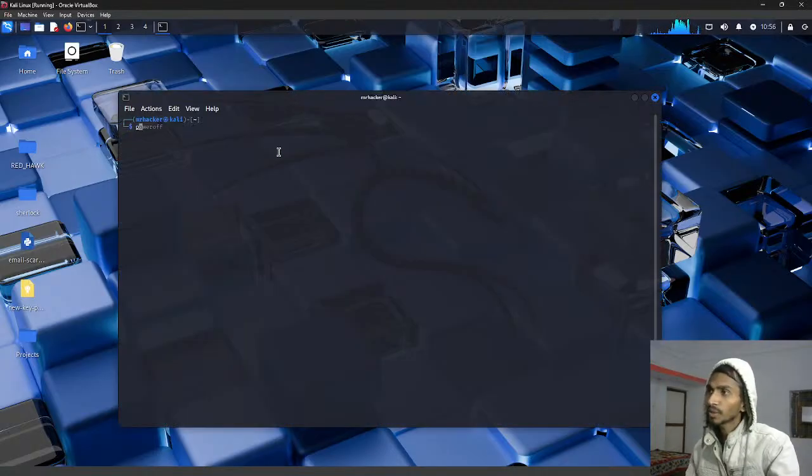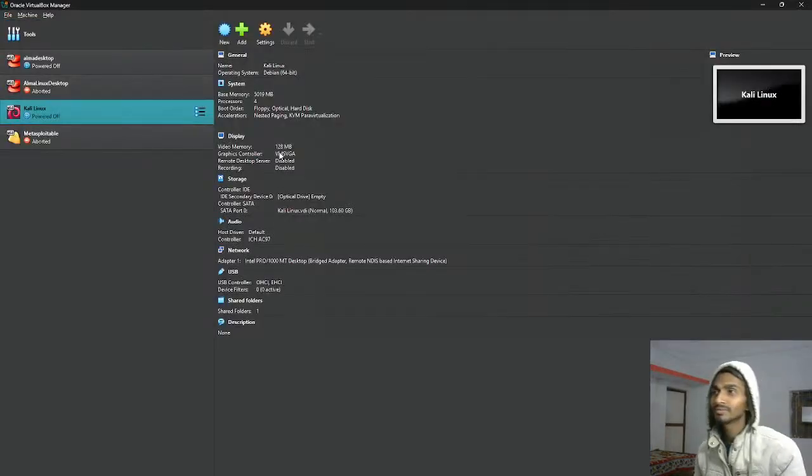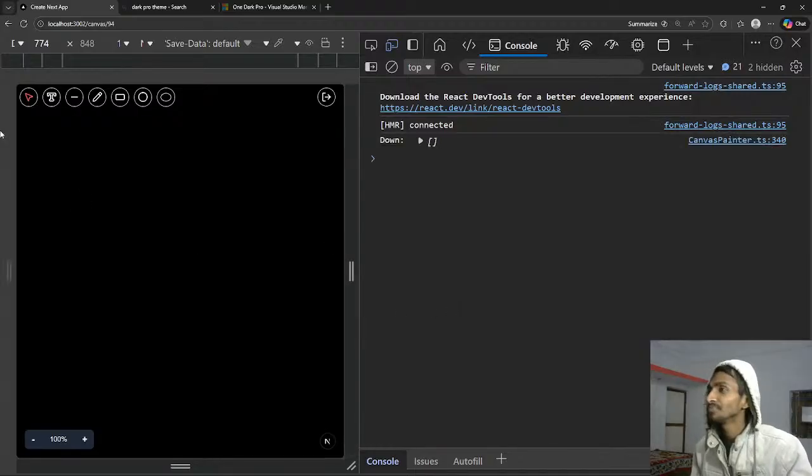Let's power off. You can power off from terminal as well, just this, and this will be powered off. Interesting stuff. So coming back to this,